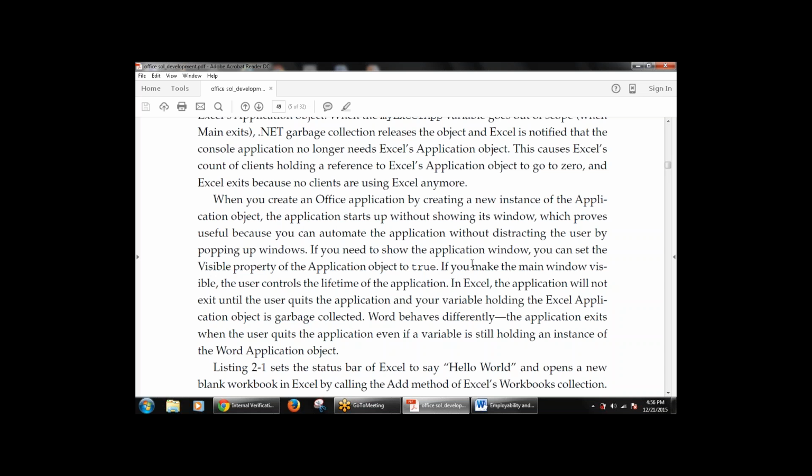And if you make the main window visible, the user controls the lifetime of the application. In Excel, the application